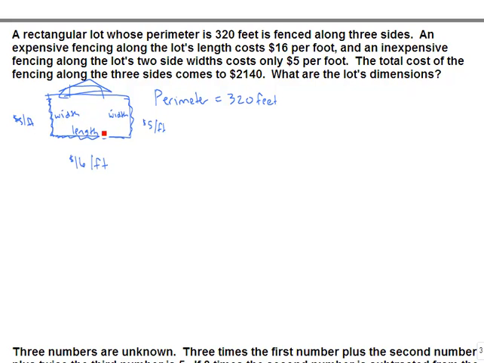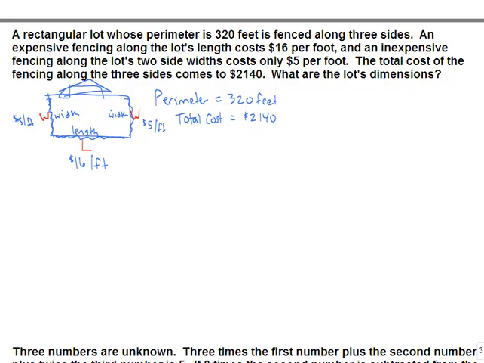we need to know the width and the length. So let's use L for length and W for width. So we're looking for those. And now we need to come up with two equations. We've got two different types of quantities given to us. We're told a perimeter, 320 feet, and we're also given total cost, which is $2,140. So one of these equations is representing feet, and one of these equations is going to represent dollar amounts,